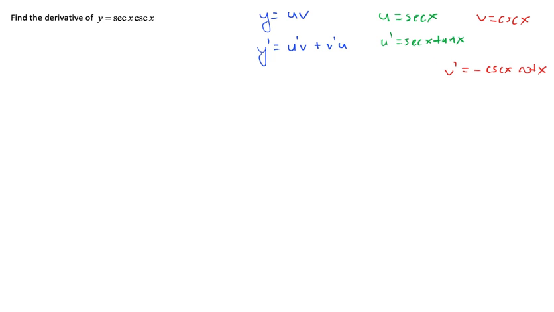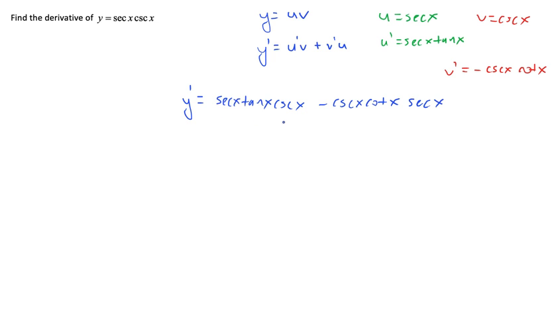Okay, so now that we have all these, we should be able to find the first derivative. So we have u prime, which is secant of x tangent of x, times v, which is cosecant of x, plus v prime. So I see the negative there. Let me just go ahead and write the negative. So v prime, which is cosecant of x cotangent of x, times u, which is just secant of x. All right, so at this point, I guess you can leave this as your final answer, but